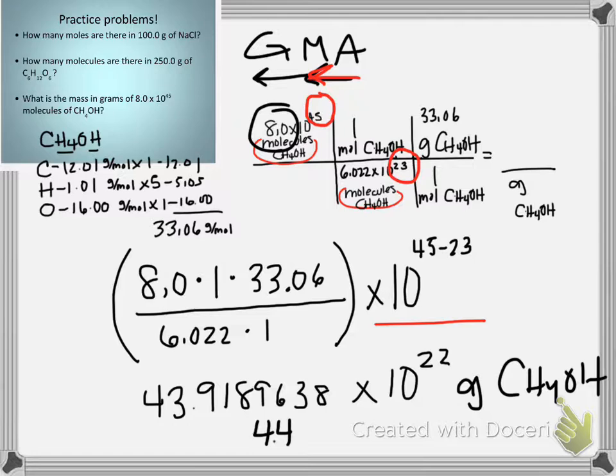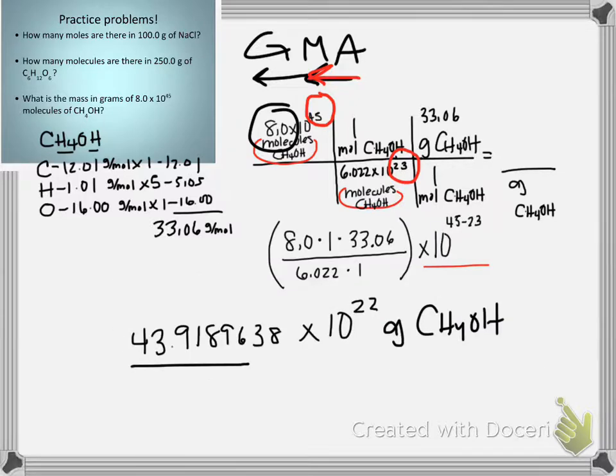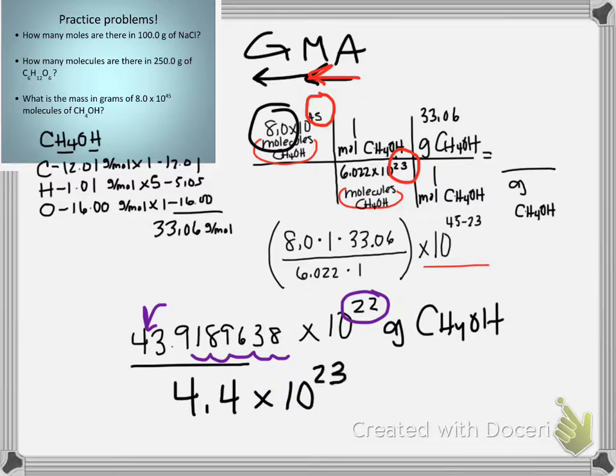Oh, wait. We have to do something, don't we? We have to move the decimal because this is not proper scientific notation. Okay, we know that if we were going to fluff this number out, we'd be going this way, and it would be getting smaller. So 21, 20, 19. As we come back the other way, this exponent will be 1 larger than it currently is. So this would be 4.4 times 10 to the 23rd grams of